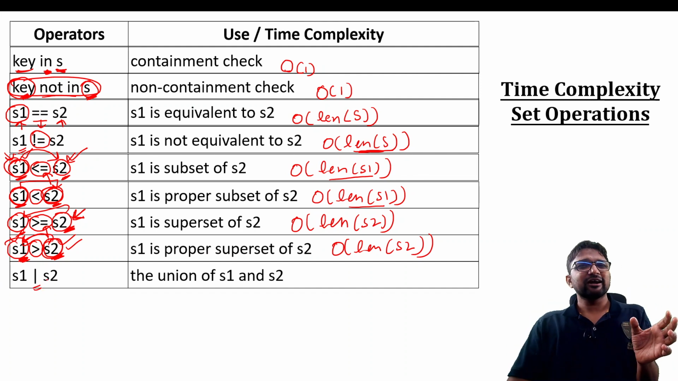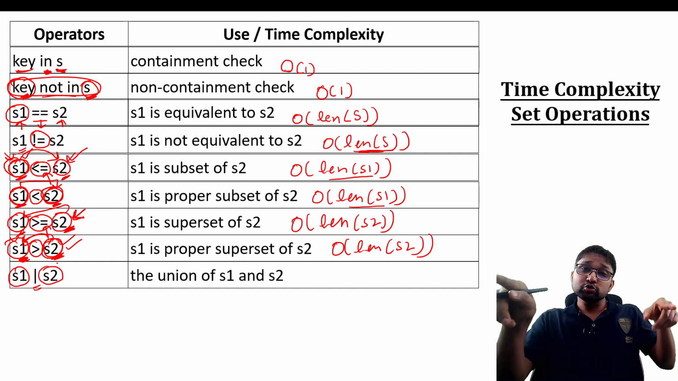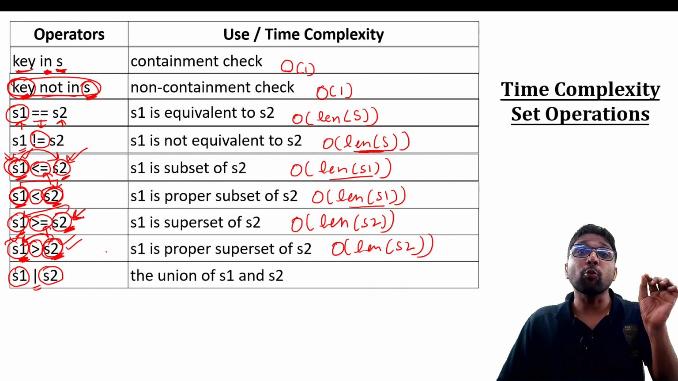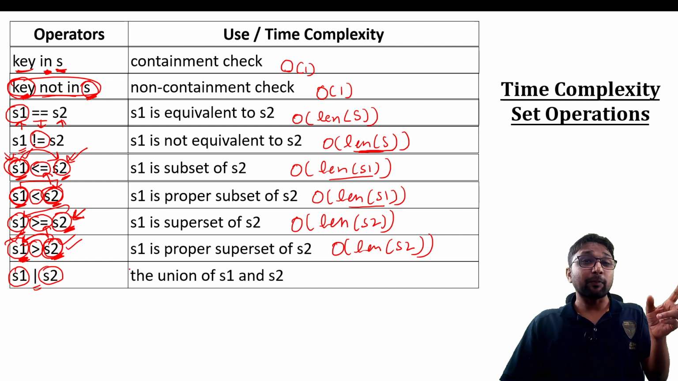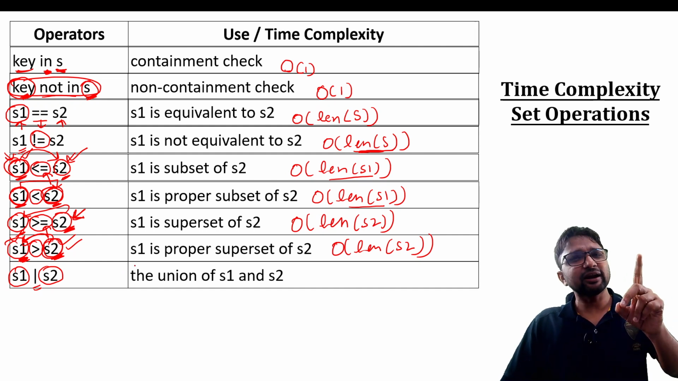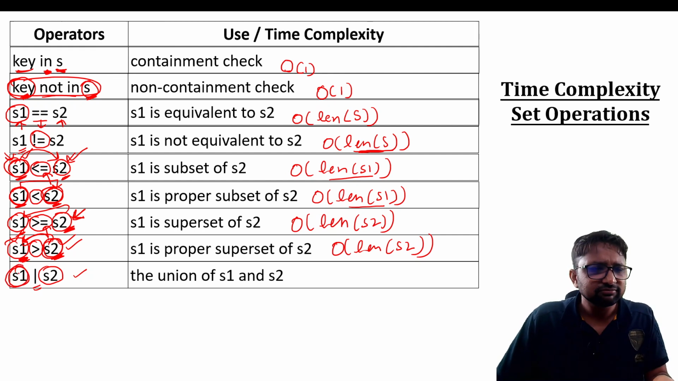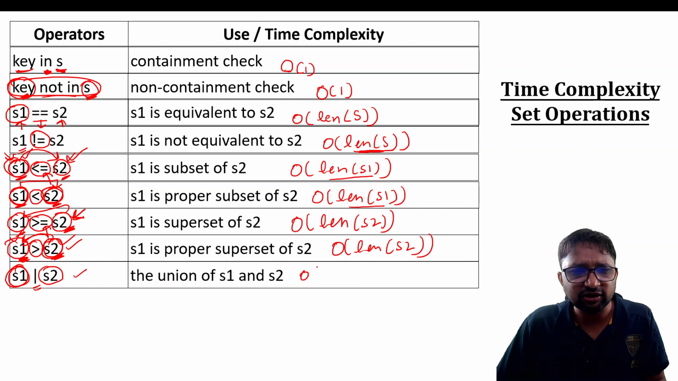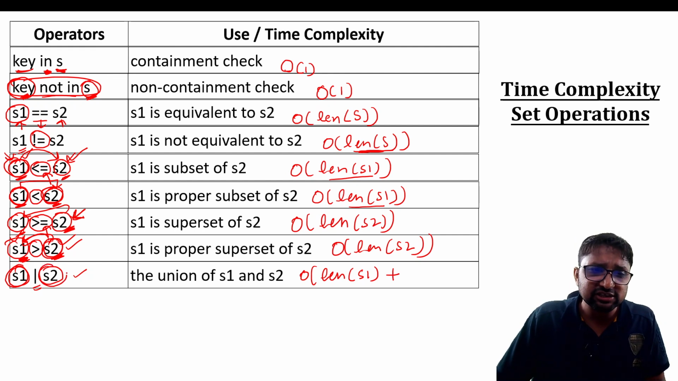Union operation is just taking all the elements of S1 and S2 into a new set, except the duplicates. Duplicate elements are not taken. Means the elements which are repeating in both the sets are taken one time. So how much time will the union operation take? You can take all the elements of S1 first. That will take the length of S1 time, plus now you can take all those elements of S2 which are